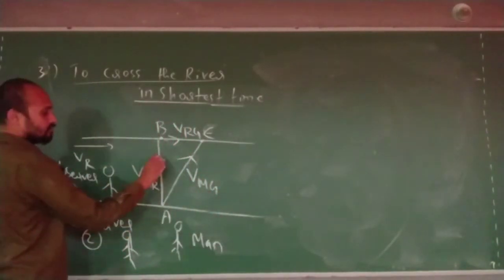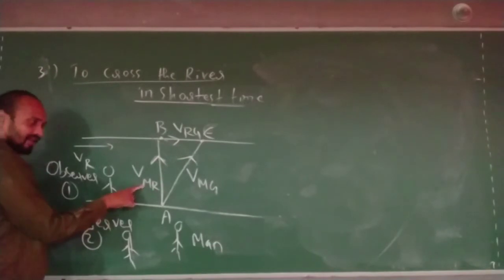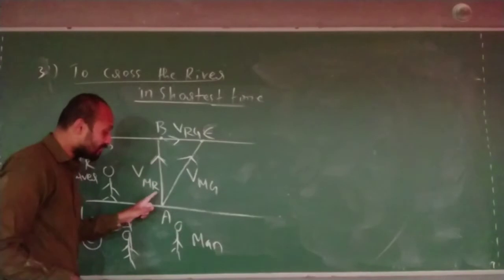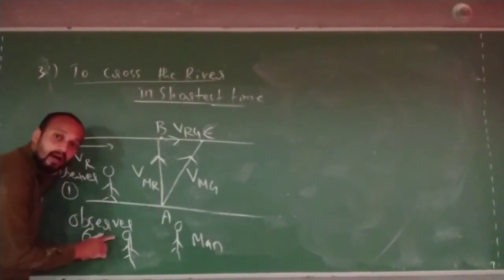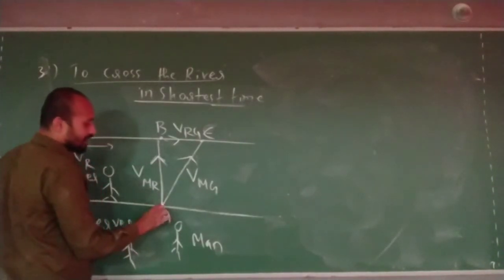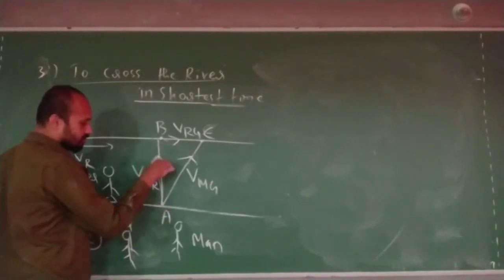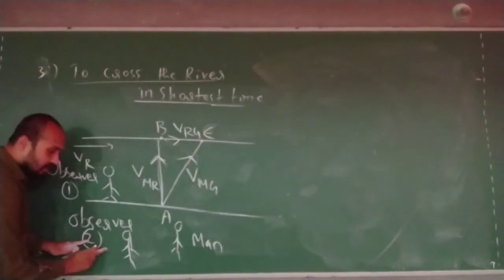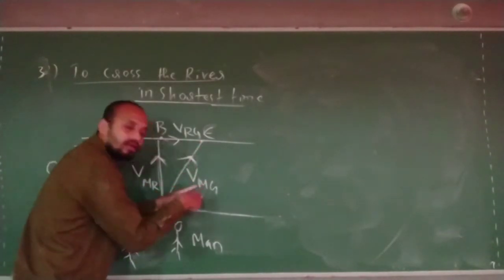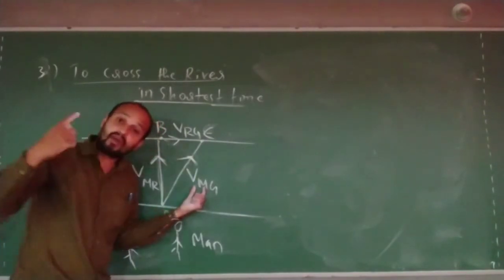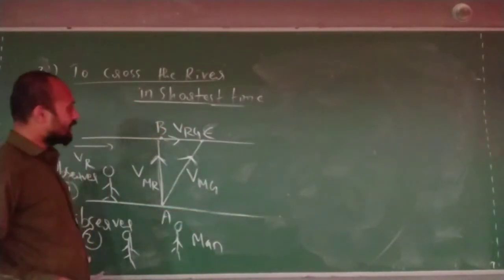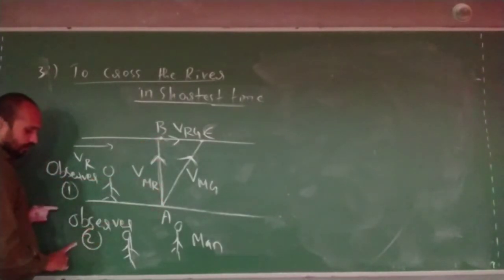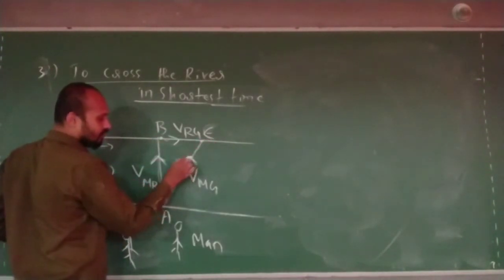So that is why I will consider this as the velocity of a swimmer with respect to the river, the velocity of a man with respect to the river. For the observer who is standing on the ground, he is actually going like this. The swimmer is thinking that he is going like this, but the observer on the ground will see him like this. That is why this will be the velocity of a person with respect to the ground. Correct now? For observer 1, he looks like he is going like this. For observer 2, he will look like going like this.